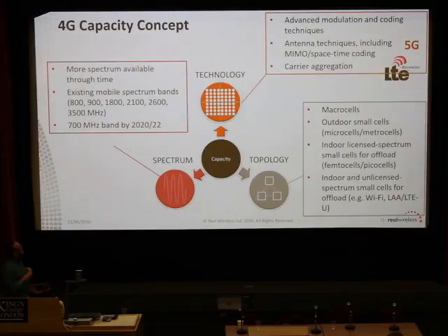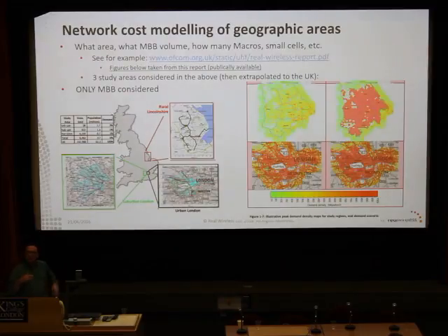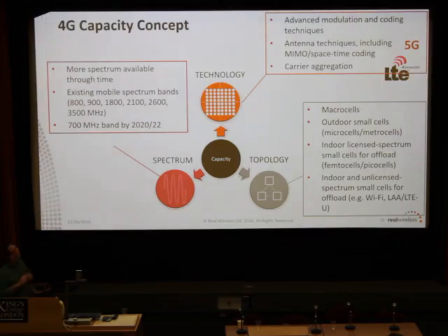All right, let's think about how we are going to do this capacity concept. And I want you to look at this diagram because we're going to come back to something like this a bit later, and we're going to modify it. The kind of accepted wisdom is that if you want to make a network that can provide coverage and capacity, you've got 3 things you can play with.